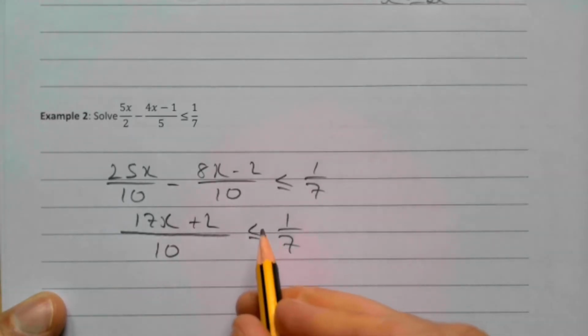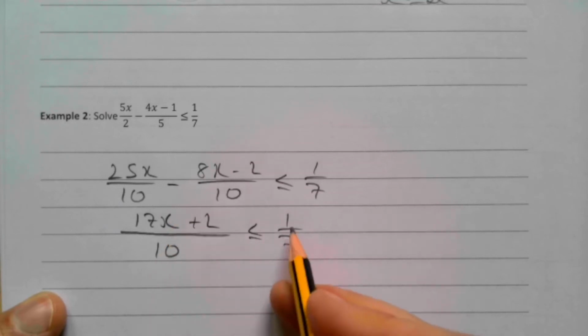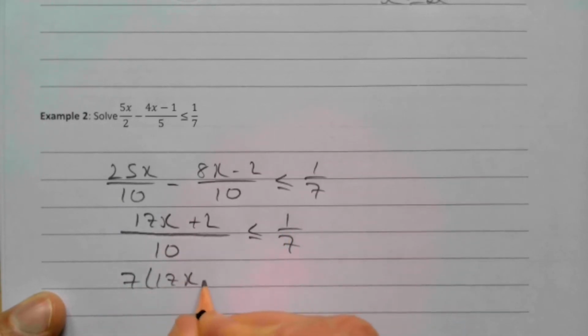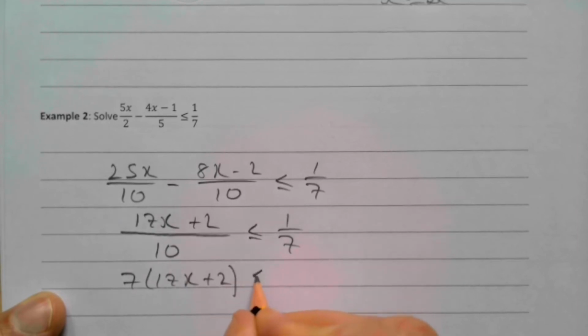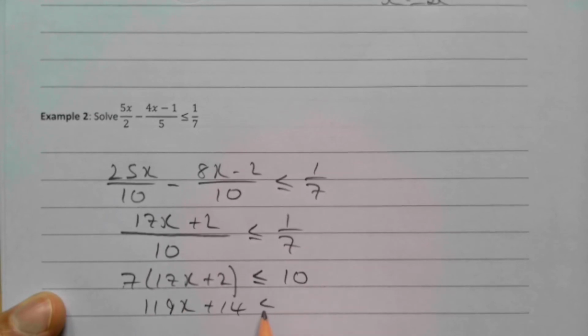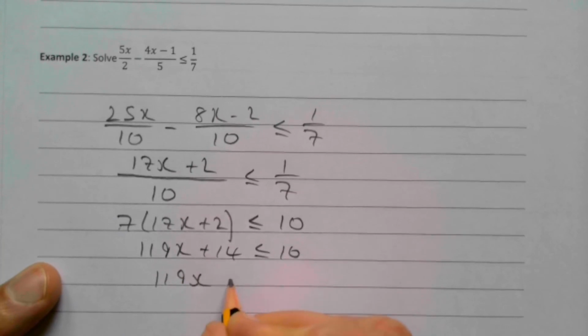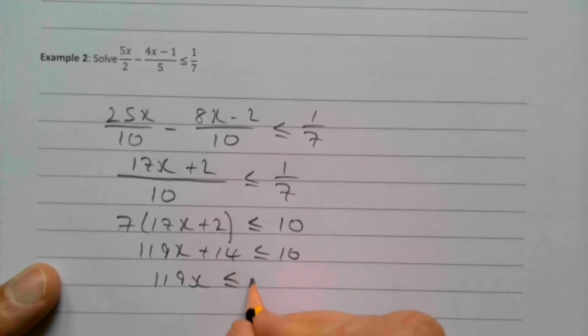Alright, we can cross multiply, or we want to multiply through everything by 10, might be a nicer move, and then everything by 7. So that would give me 7 times 17x plus 2, less than or equal to 1 times 10, which is 10. 7 17s are 119x plus 14, less than or equal to 10. 119x is less than or equal to minus 4. And not a very nice answer, however, minus 4 all over